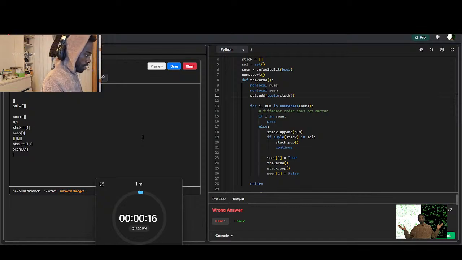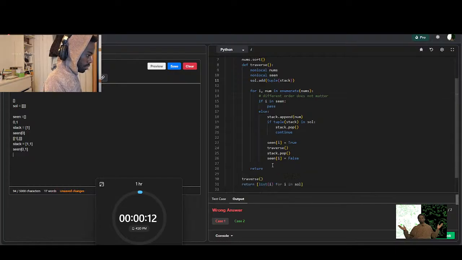And we haven't seen that before. So we'll set that to true, and then we'll traverse, we'll get over here, then we have 1, empty, and then from this point we're going to,